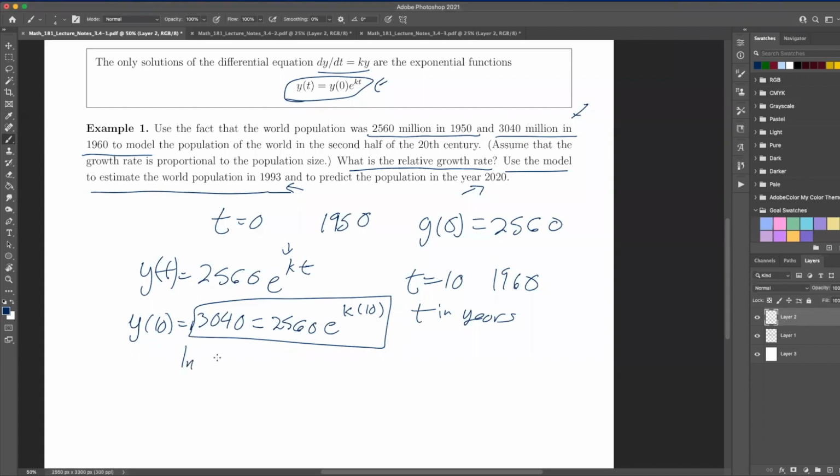So here I'm going to just take ln. We're going to take ln of 340 equals ln of 256 e to the 10k. Let's look at 10k. But notice here, if I multiply into things, I can rewrite this as ln of 256